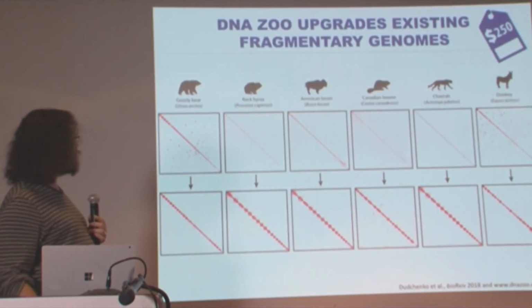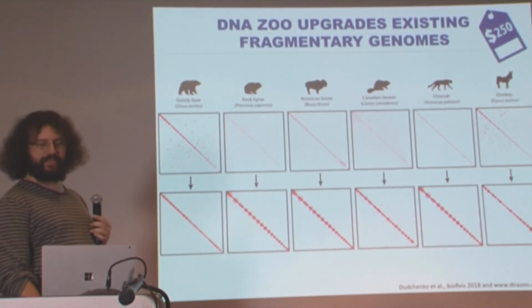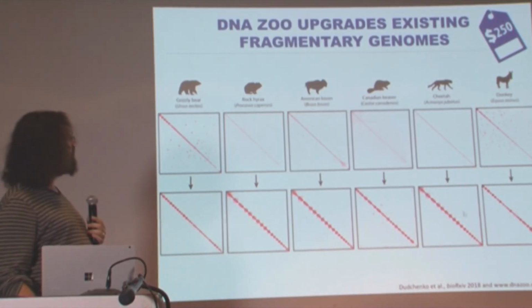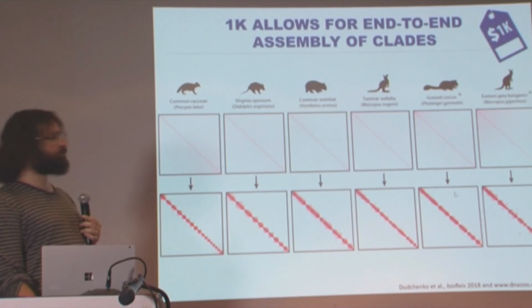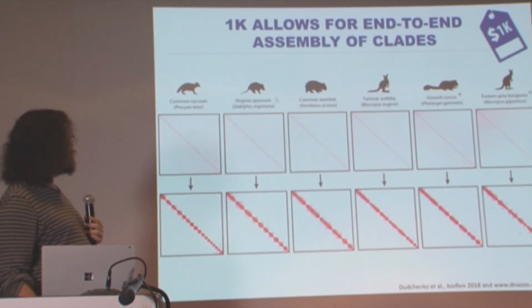Whenever there's a fragmentary genome, and we have a sample from that species, we upgrade it to chromosome length. Again, it costs a couple $100 a pop. If there isn't a fragmentary genome, we just make one of our $1,000 genomes for this. And so we've done common raccoon, Virginia opossum, the wombat, Tamar wallaby, ground cuscus, eastern gray kangaroo,